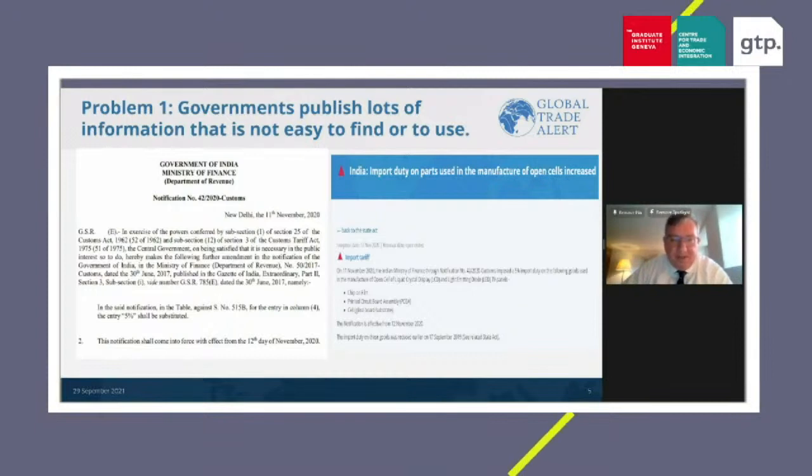And so what we have done is to train up teams of people who can read these types of documents and translate them into something approaching common English, which we could all understand. And what we have on the right-hand side here is our report in our database, which corresponds to the notice on the left. And so we take complex, hard to understand, non-transparent government information, and we make it more transparent. So the first problem is bringing alive non-transparent information and making it easier to use and to access.